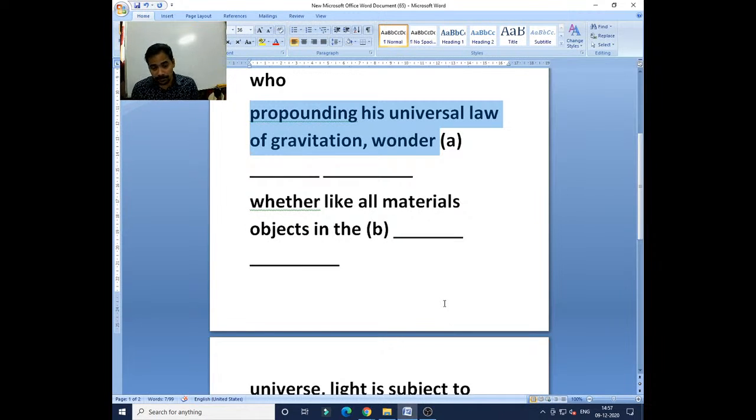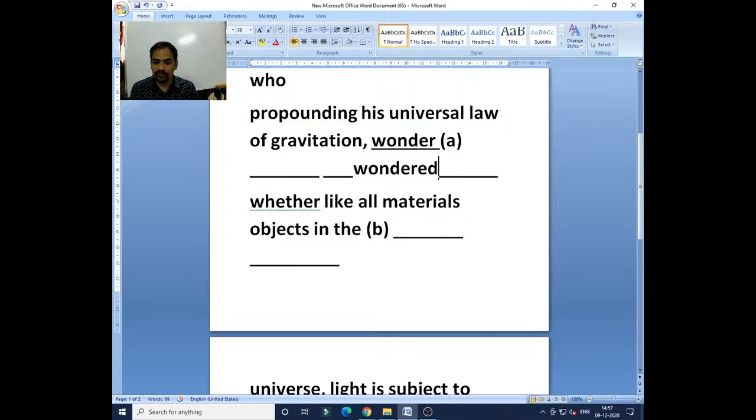Now the answer will become: who, propounding his universal law of gravitation, wondered. Past tense, yes. Sarvari, you have selected the right answer, okay. Wonder should be in past tense, so we'll just write it W-O-N-D-E-R-E-D, wondered. Okay. Next: whether like all materials, objects in the, from here to here